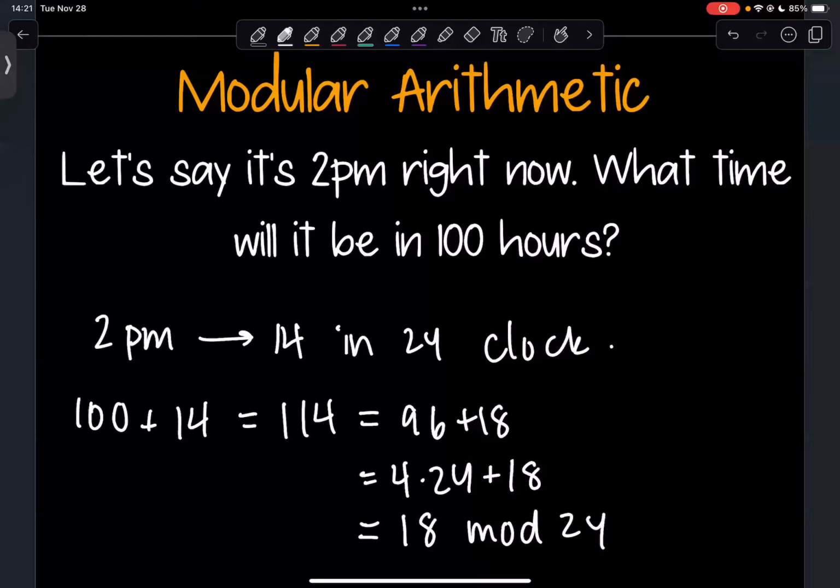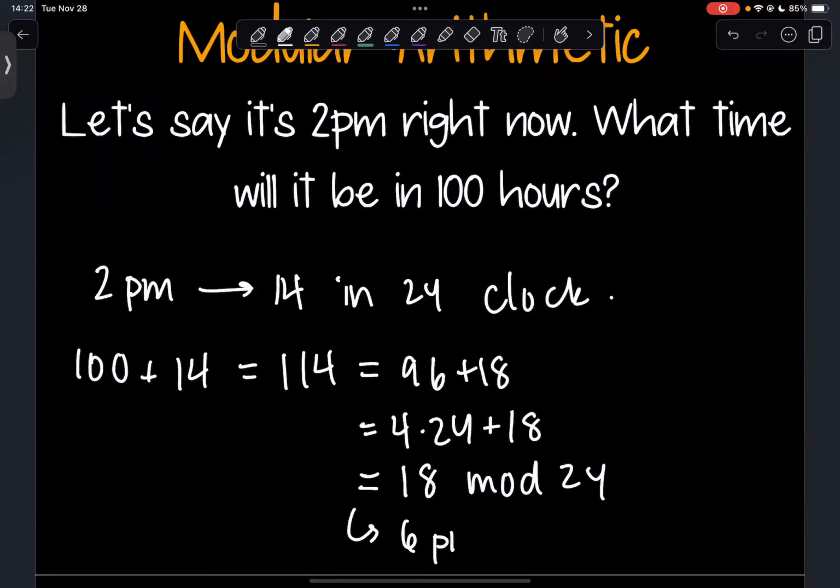And if we want, we can think in terms of a 12-hour clock, what that would mean. I can subtract a 12 off of here to get 6. And because this is 18, it tells me AM or PM. This is really telling me 6 PM. Okay. So we can also say how many days later that would be. It would be 4 days later at 6 PM, but we only asked for what specific time it was. So we can say that it's going to be 6 PM here. After thinking about how many multiples of 24 can I pull out and what my remainder would be left is exactly what it would be equivalent to mod 24.